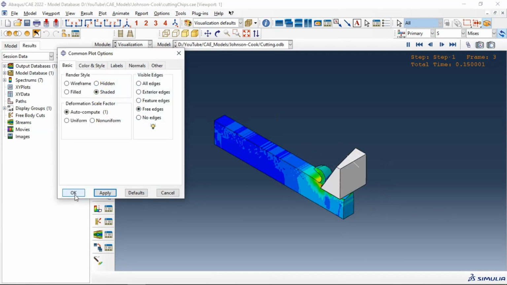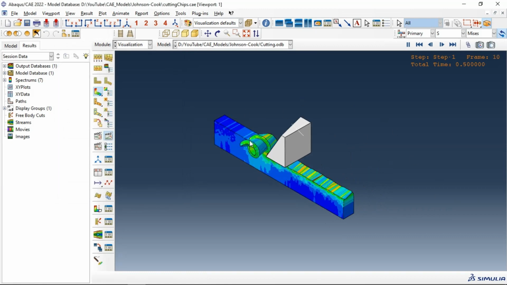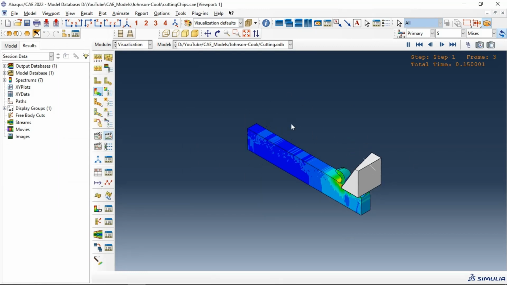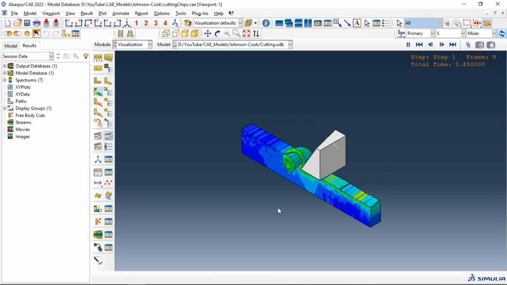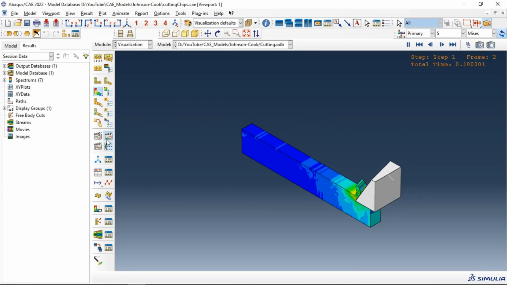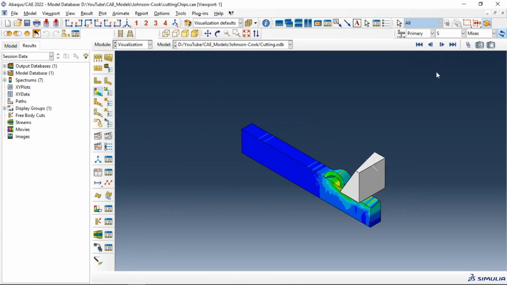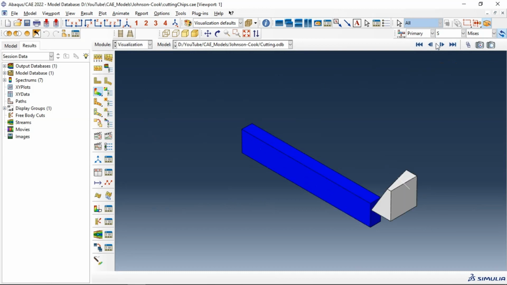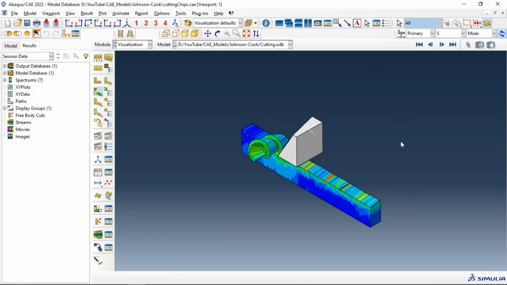Click OK, and let's also change the view of your parts. Now we have this viewport, and now let's stop our animation, and this is our simulation results. Let's click on Control P,